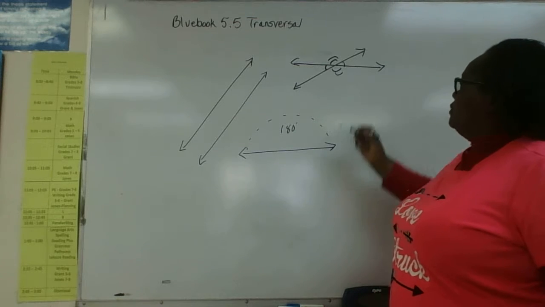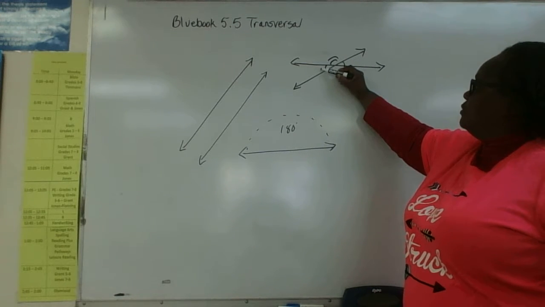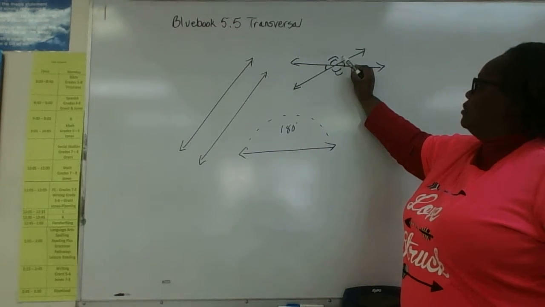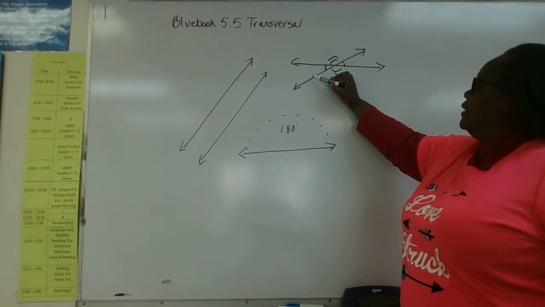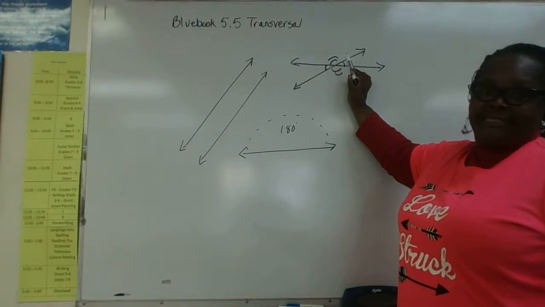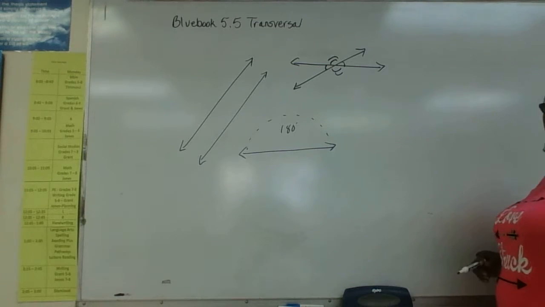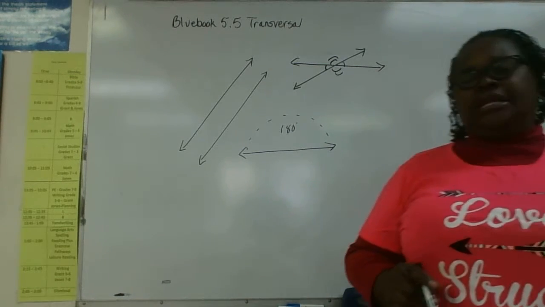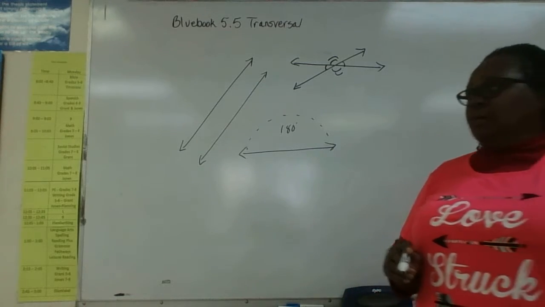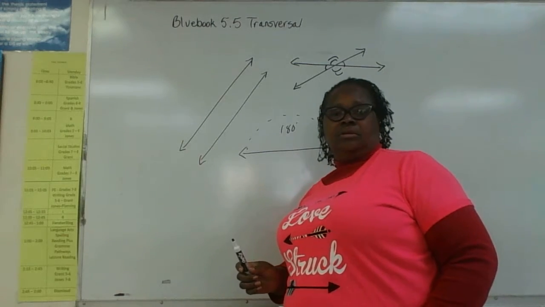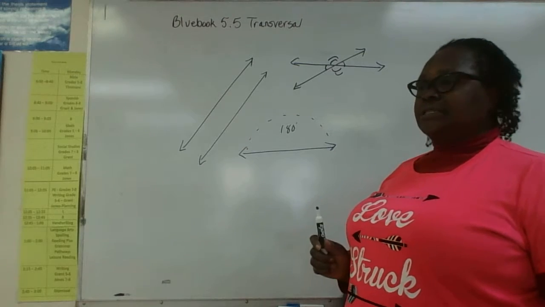We've also learned that two angles next door to each other are supplemental, or they're equivalent to 180, or they are adjacent. So we've learned all of that. Well, we're going to take that information and combine it with parallel lines to learn a concept known as